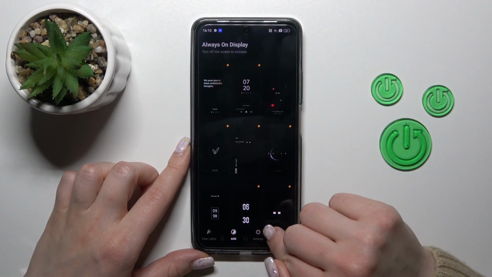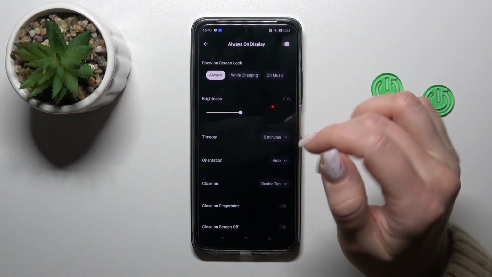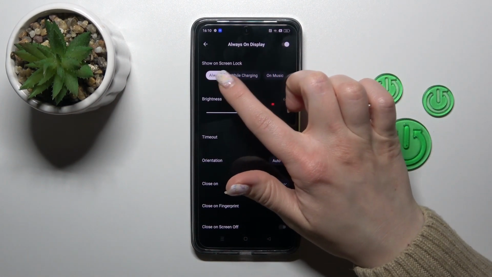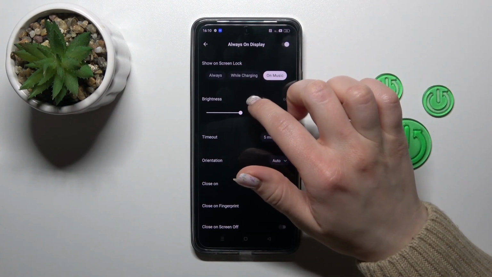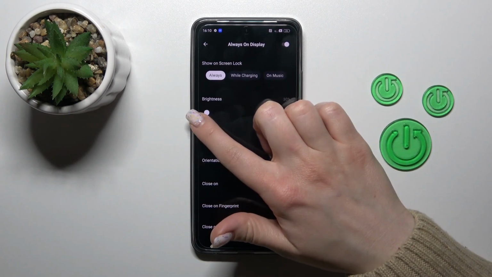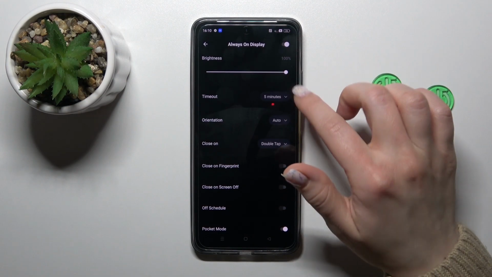Let's go back, switch AD to the settings, tap here to always on display and switch here shown on lock screen always while charging on music. We could use it separately to change brightness level from 30 to 100%, to decrease and to increase it, to